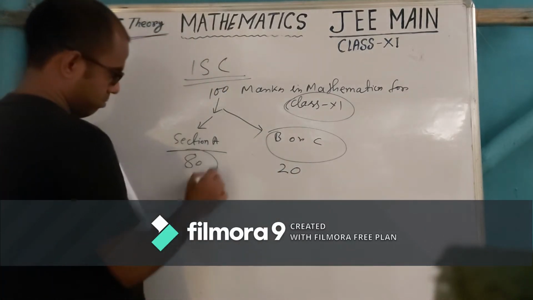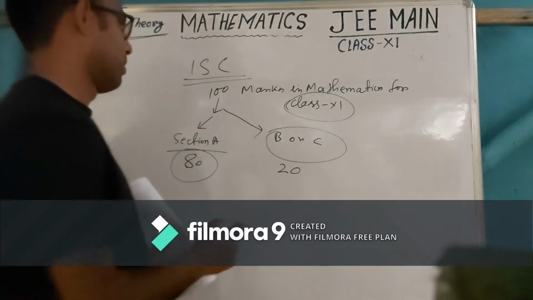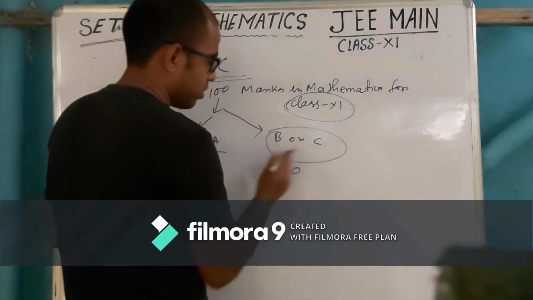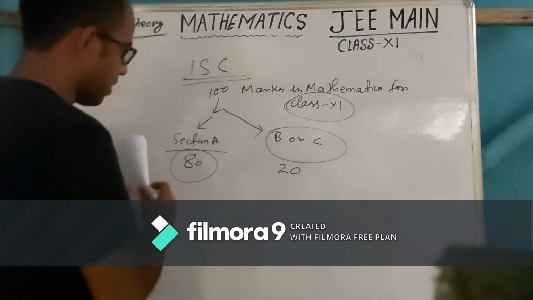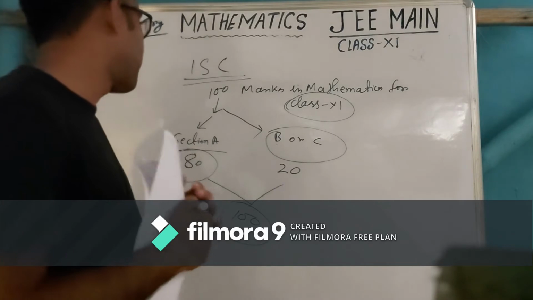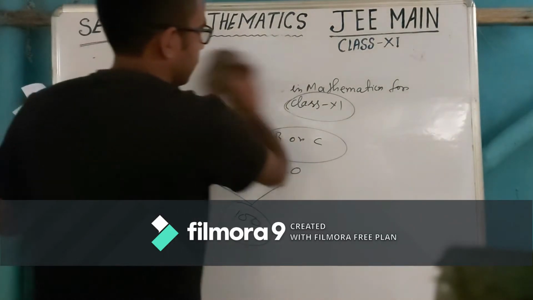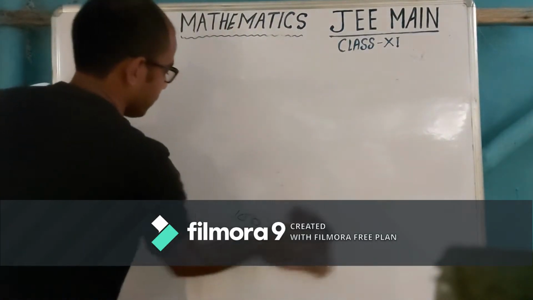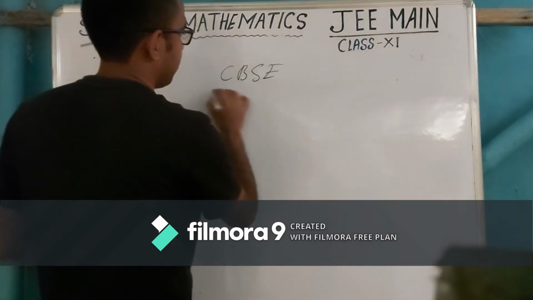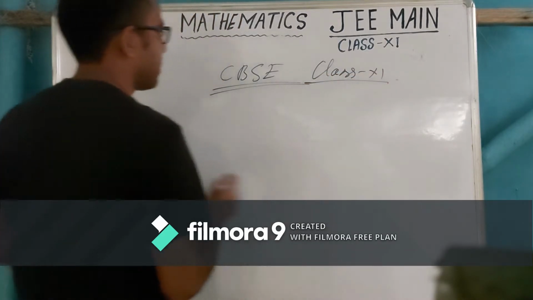This part is compulsory for everyone in class 11, and for this part you can choose B or C, any one of these parts. So the total mark will be 100 for ISC mathematics class 11. And next, the CBSE class 11 mathematics